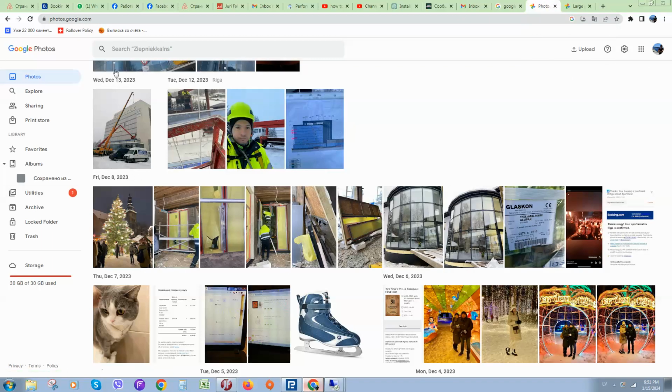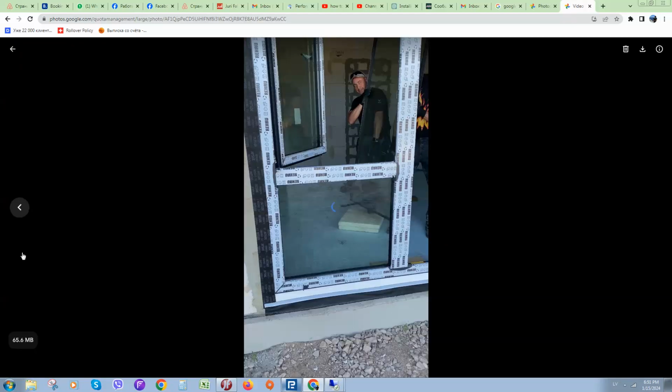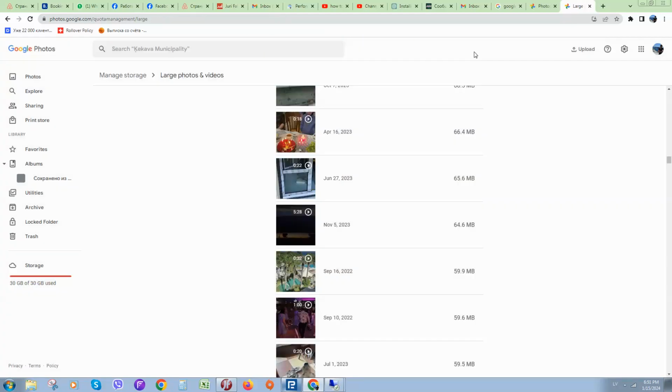So Google Photos, yeah. You can visit your Google Photos and check, for example, large photos and videos. You can see the big size here, and you can click, check and delete everything